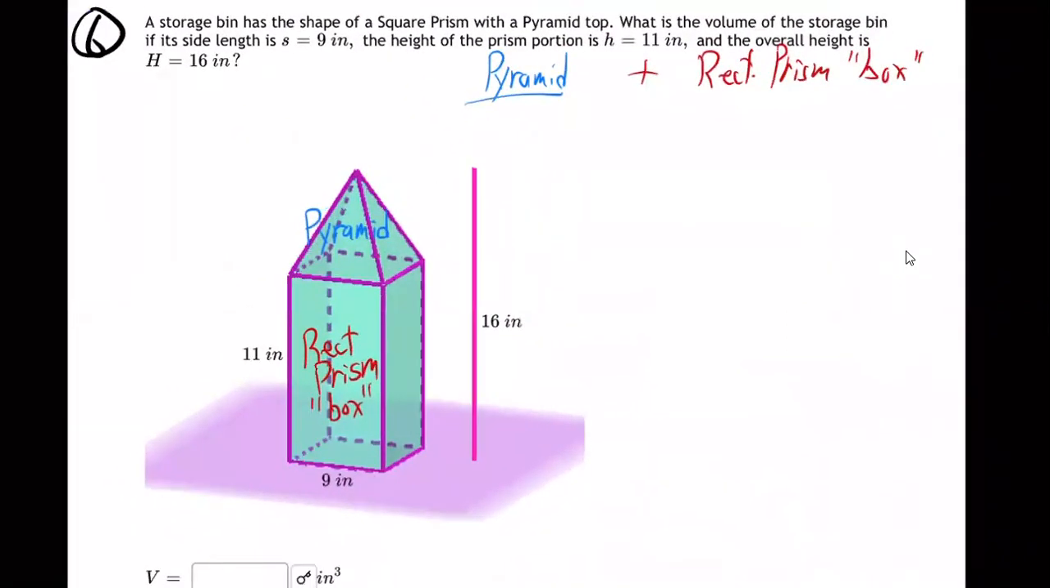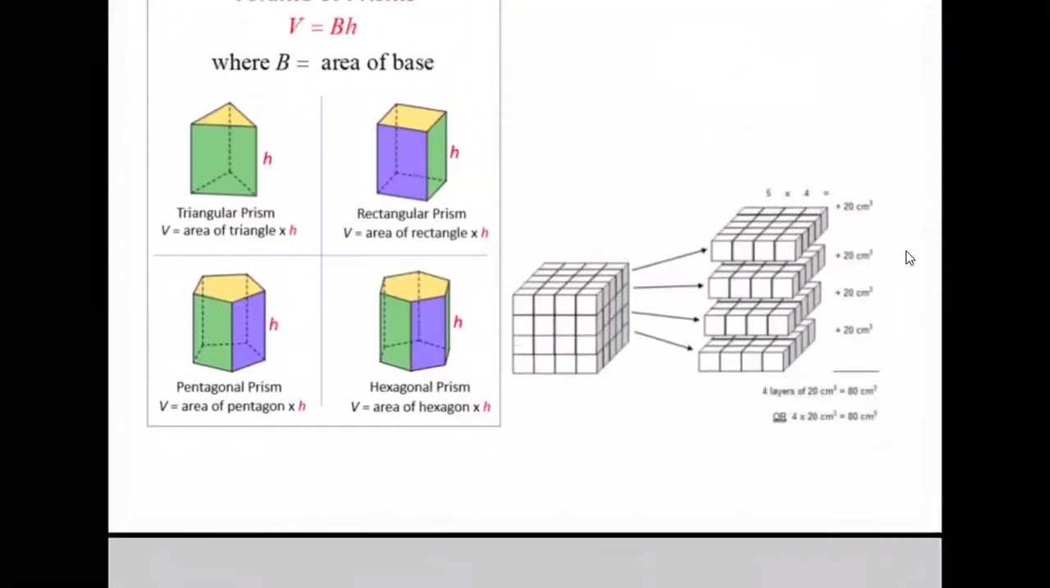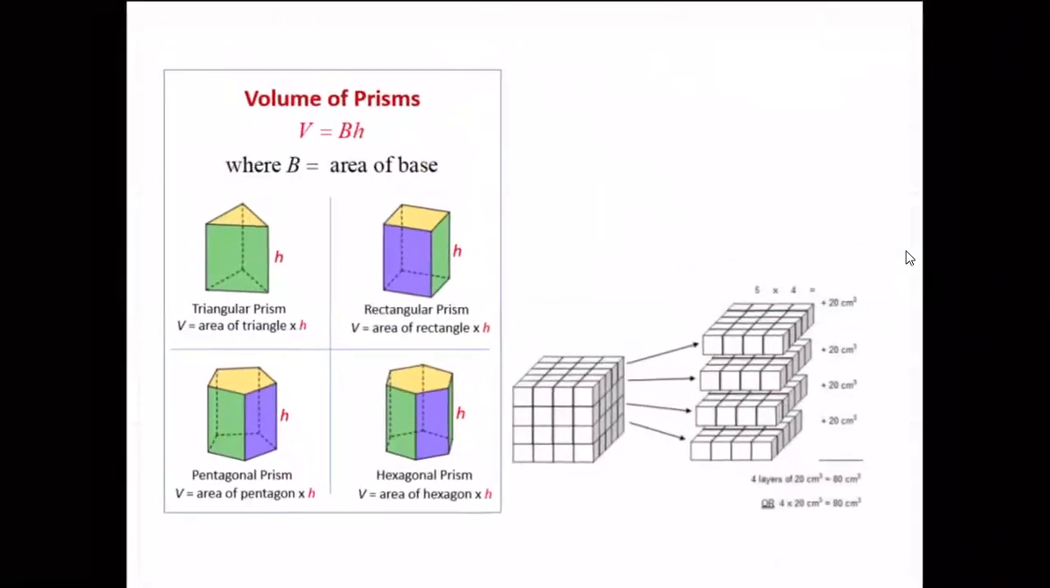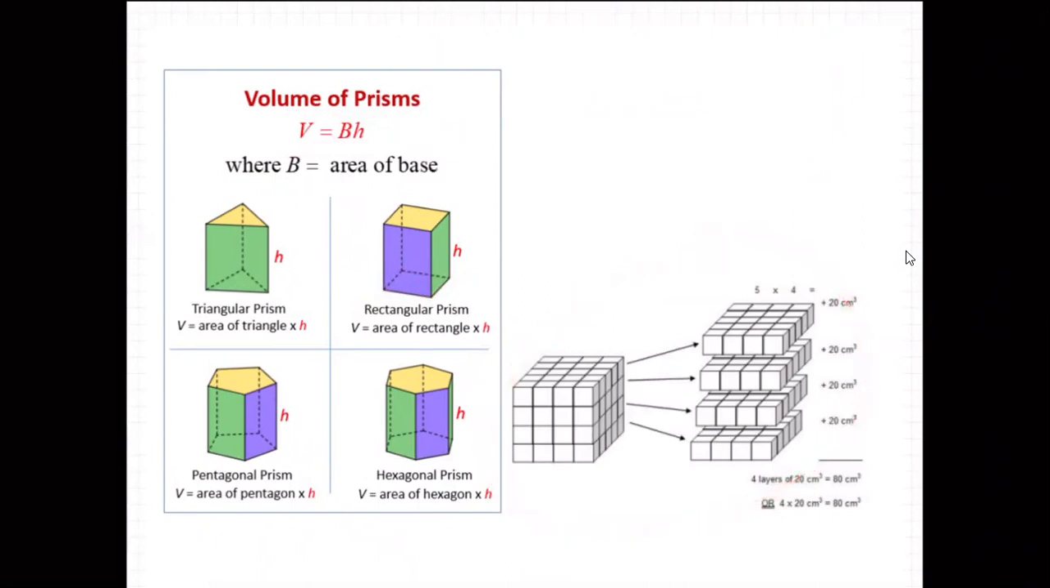So the volume of the pyramid is going to be 1/3 length times width times height. Plus, now the rectangular prism, how do you find the volume of a prism? Well, we've talked about that. Let me go back to prism one more time. So here it is, a prism is a box. And to find the volume, like a rectangular prism here, it is base times the height,